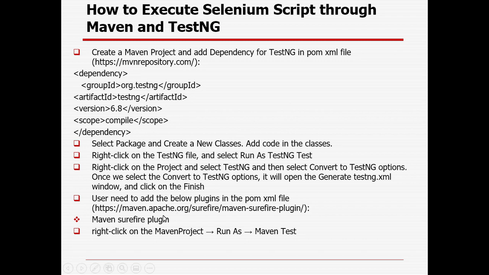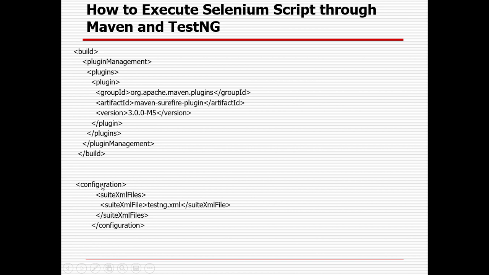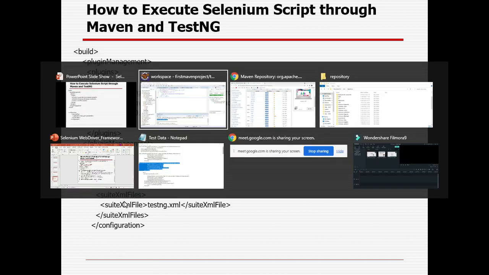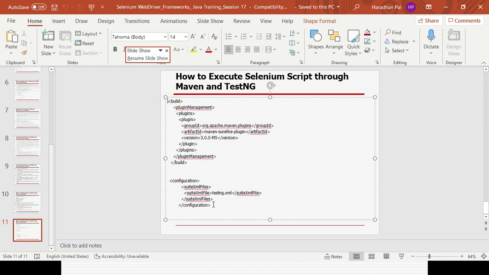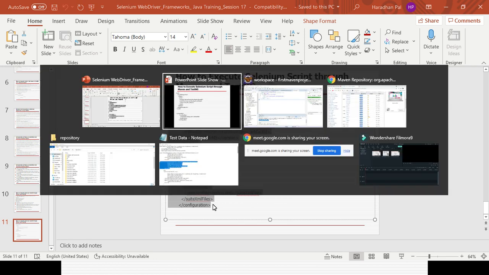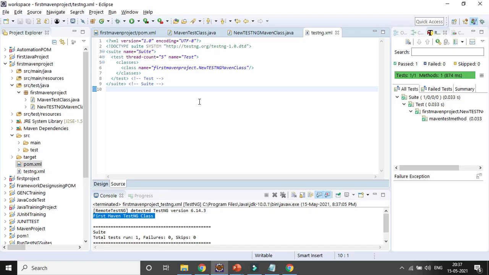You need to add this configuration tag, right? So let's go to the files. Simply I will be adding the build and configuration tag before the closing project tag, so that I can run it from the pom.xml file.